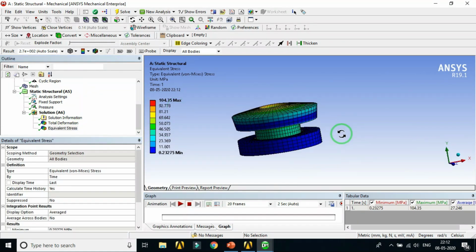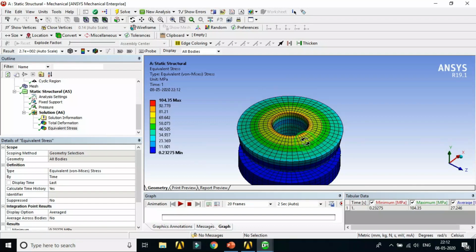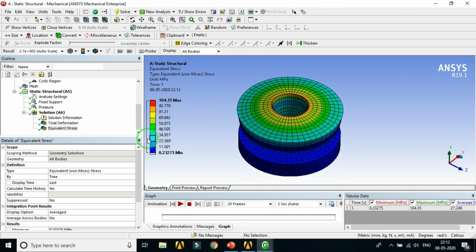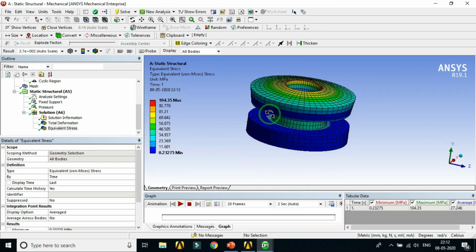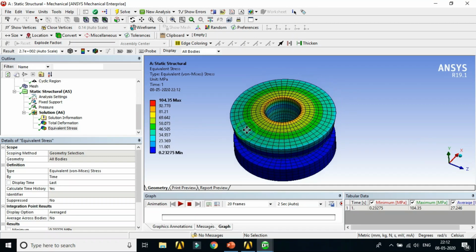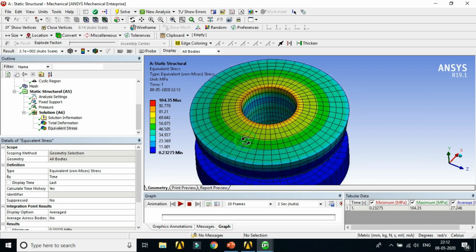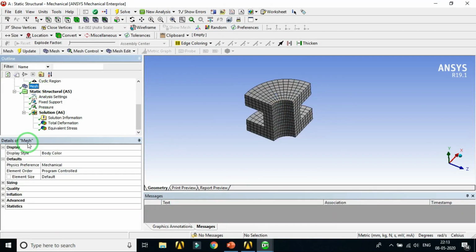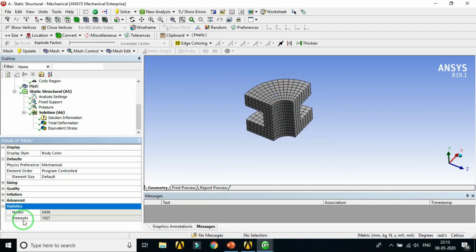By this symmetry we only model the quarter model of this problem, and it will give the solution for the complete model. This is the glory of these symmetrical simulations. Now see the details of mesh, here statistics. Total elements are 1027.